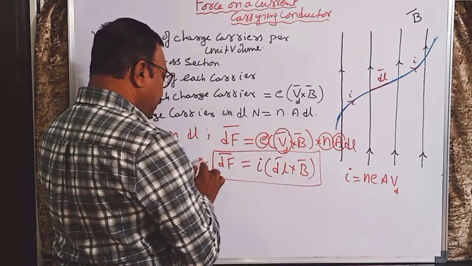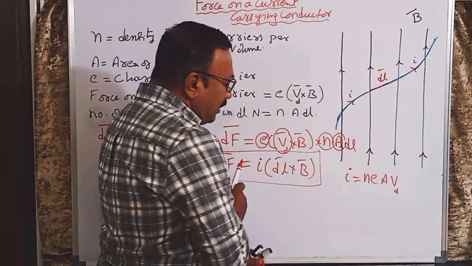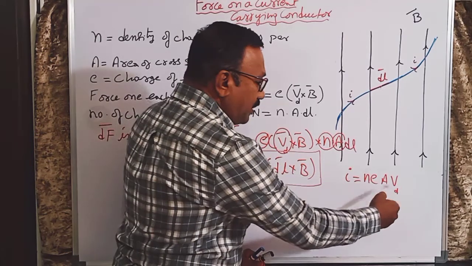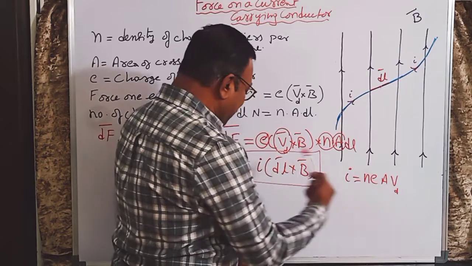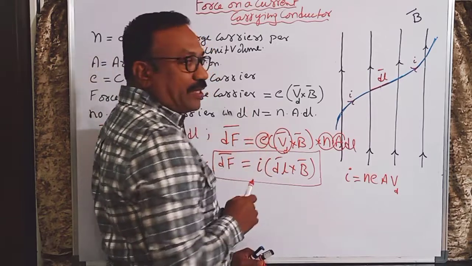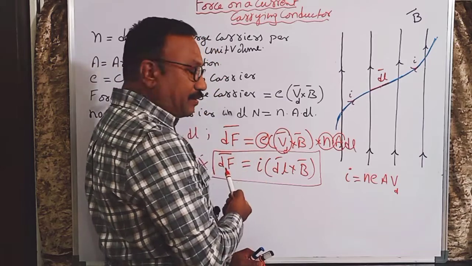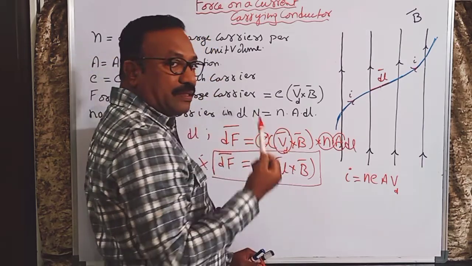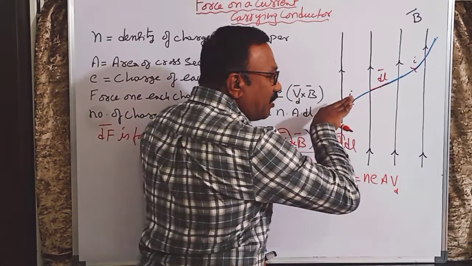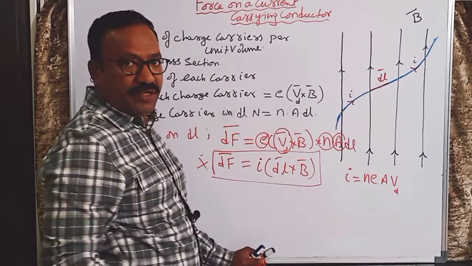This is very important. Now observe one point here. I have eliminated the drift velocity vector and substituted DL bar. But I substituted this current definition, NEAVd, as current I here. So therefore, I will take this DL bar as the direction of current. In the direction of current only I will take, because this current is substituted here. So DL bar is taken in the direction of current. Whether this DL bar is like this or like this, in the direction of current only we will take, because of the drift velocity direction.